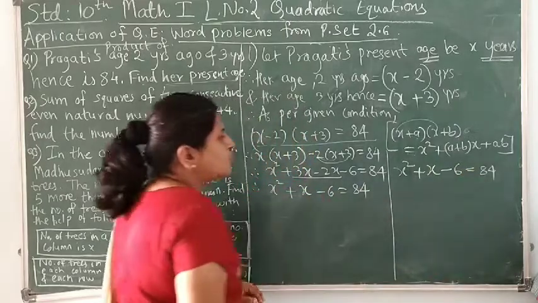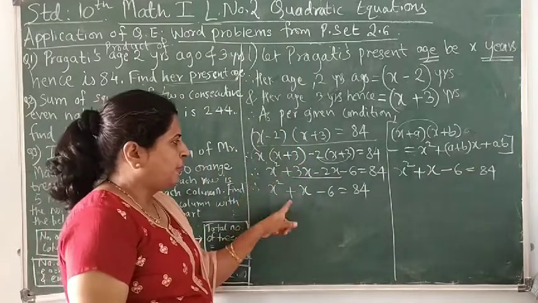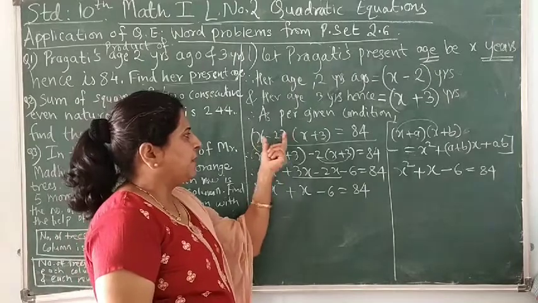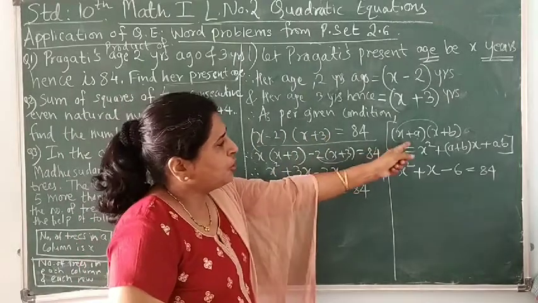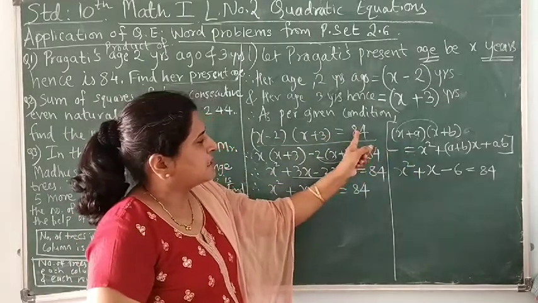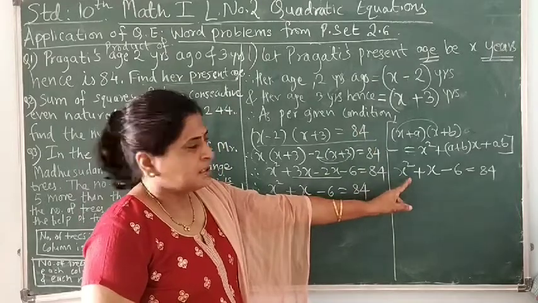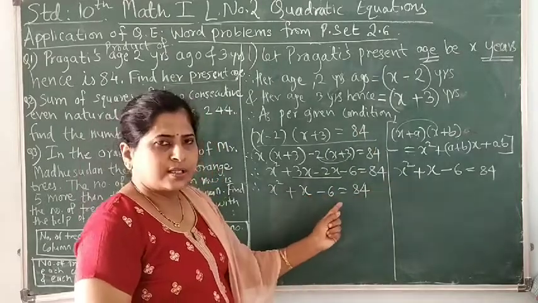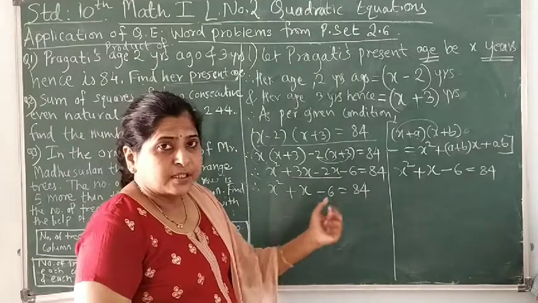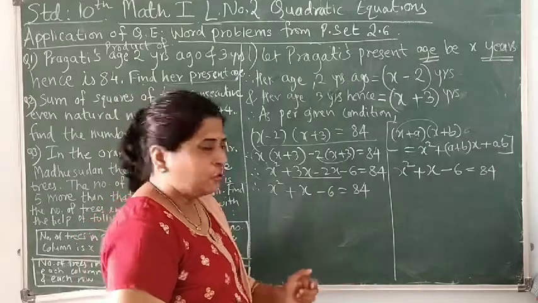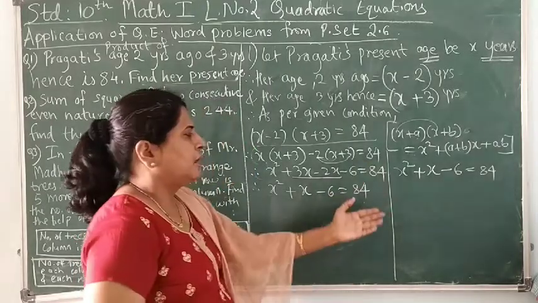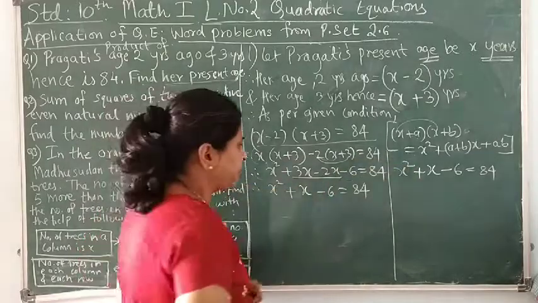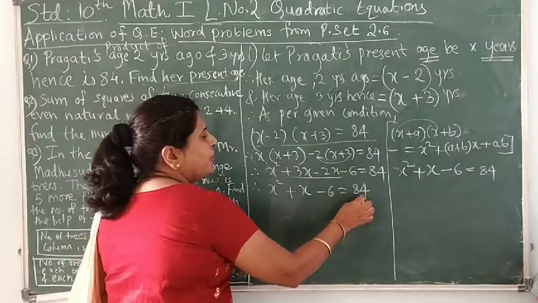Okay, so I have shown you by both methods, either multiplying the binomial by binomial or using this identity. From this step, how can we get this step? In both cases, we have got the same result. Whichever is comfortable for you, of course, you can use it. If you are okay with this, you can go for it. Okay, fine. After this, what do we have to do?